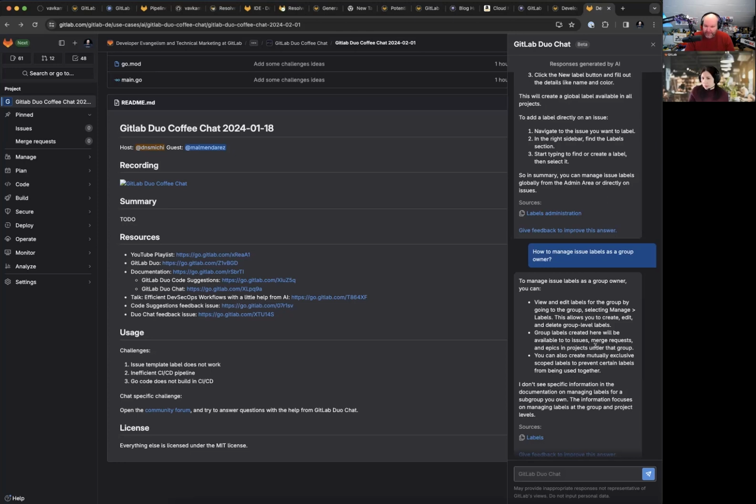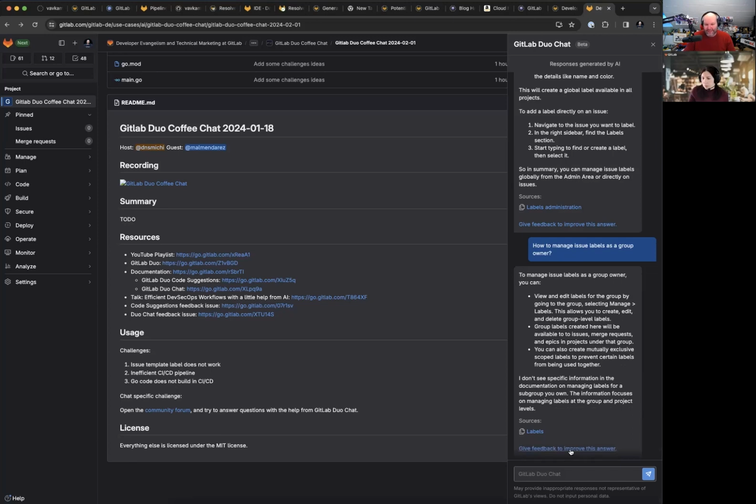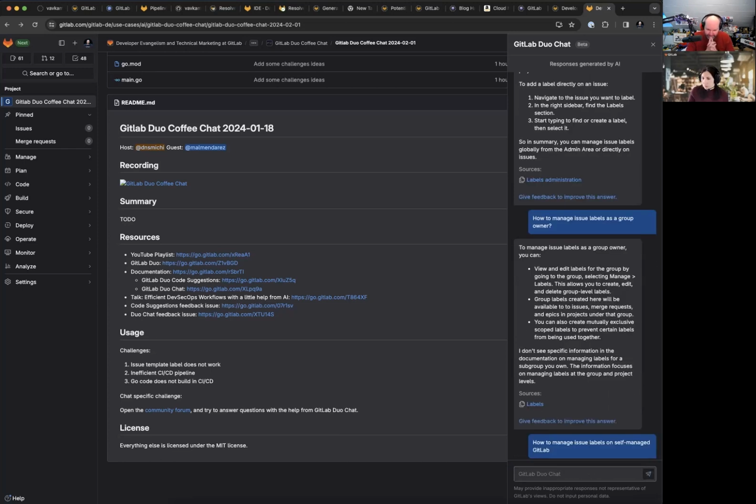I think it would be helpful to get that in a response. What I can do now, since I can instruct the prompt with a more refined question, is to explicitly add that to the question and say how to manage issue labels on self-managed GitLab, for example. So that I refine the prompt and get better responses from Duo Chat, which